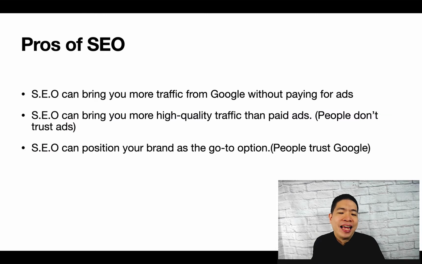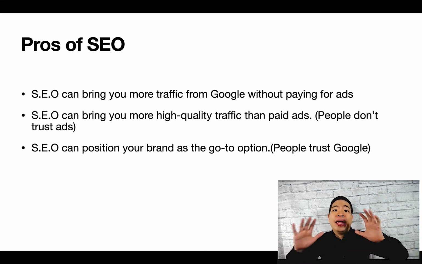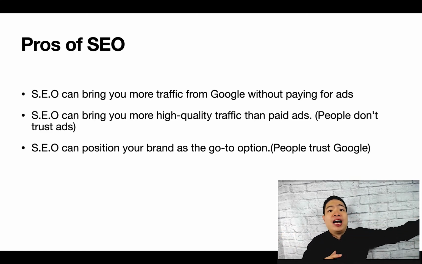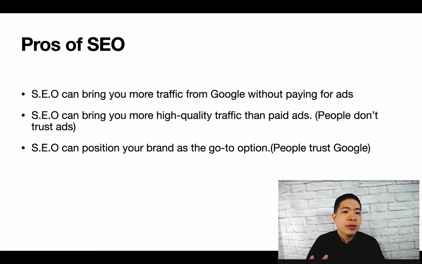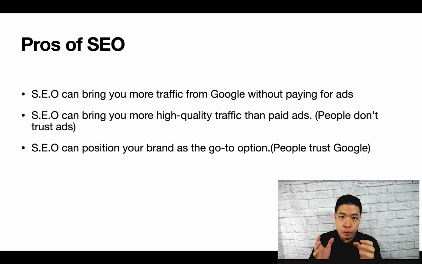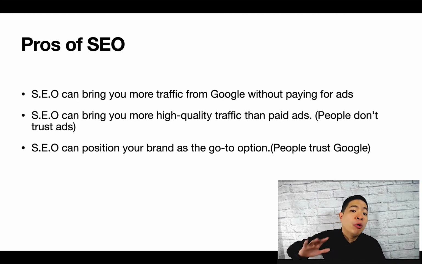So there are some pros and cons of SEO. The first pro is SEO can bring you more traffic from Google, from Bing, from Yahoo, right? So you don't have to pay for ads. And if your competition is low, as long as you get ranked, you don't really have to pay a lot to maintain your position. You can spend the money to rank other, more competitive keywords. So SEO actually helps you build an asset if you do it right. And also it can bring you more high quality leads and traffic to your site, right?